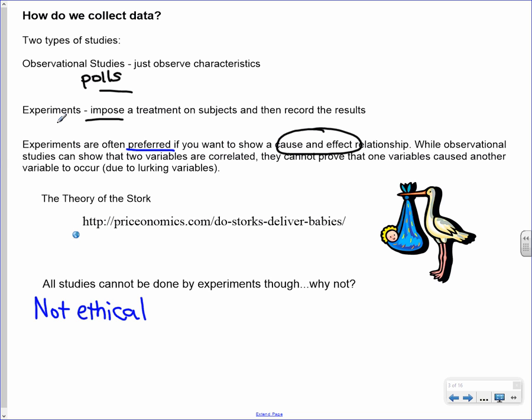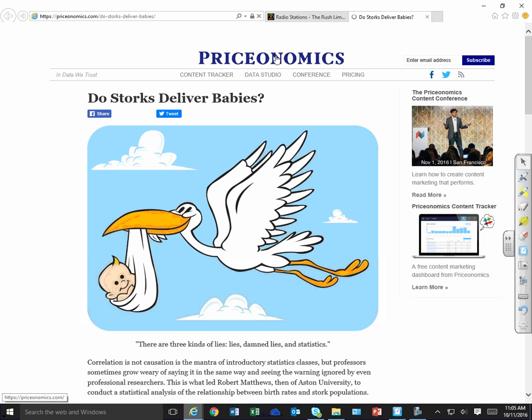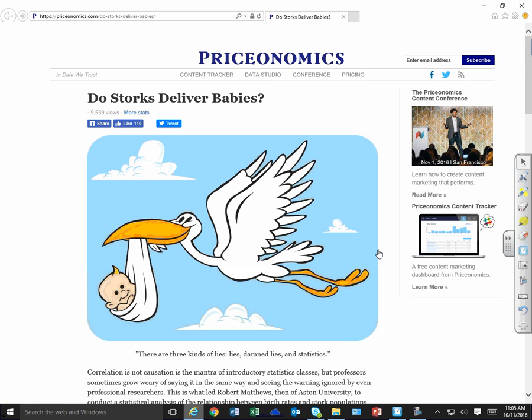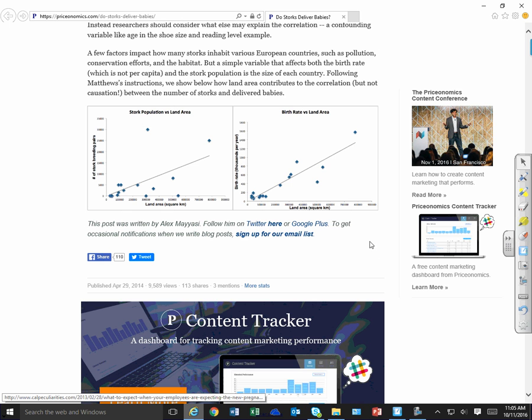Experiments are often preferred because they can show a cause and effect relationship. Observational studies can show that two variables are correlated, but they can't prove that one variable caused another variable to occur because there are lurking variables. And so one study that we look at is this theory of the stork. There's this theory that says, do storks deliver babies? Well, we all probably know that storks don't really deliver babies, right? But if we just compare